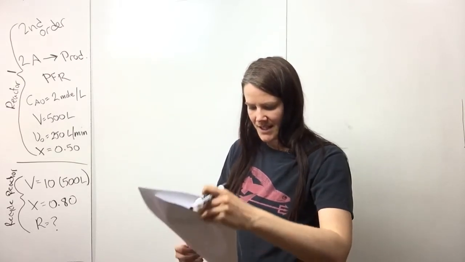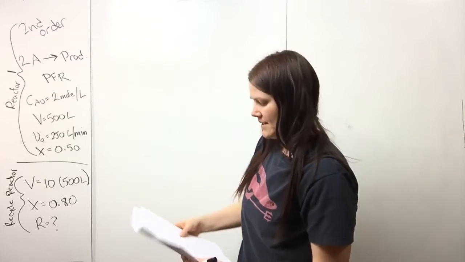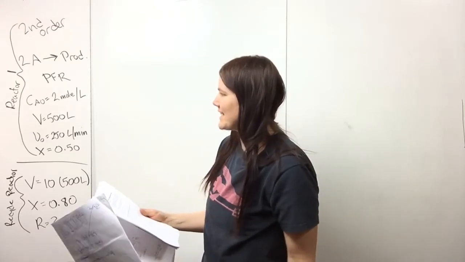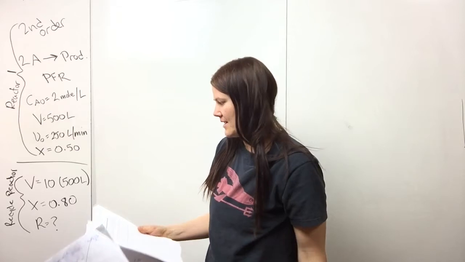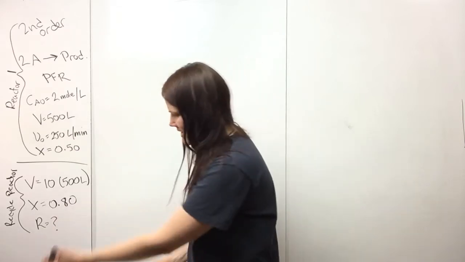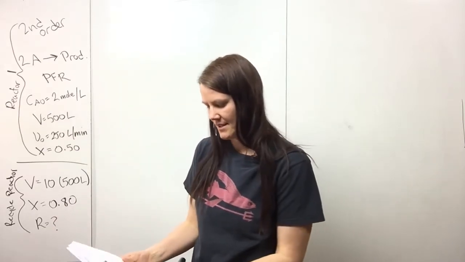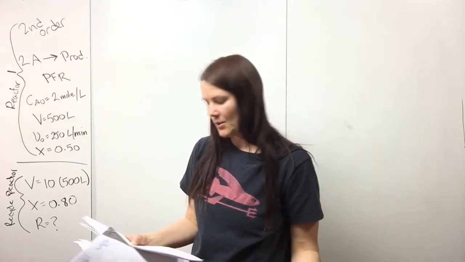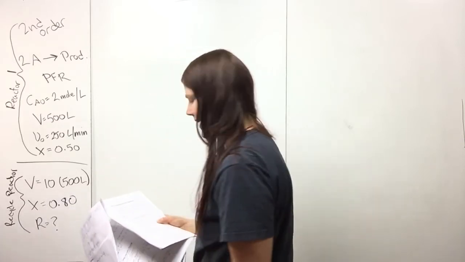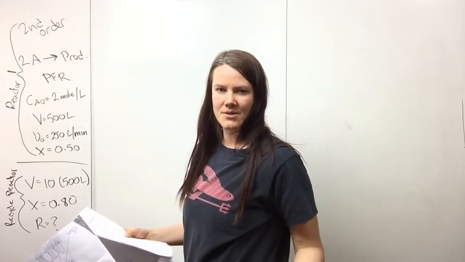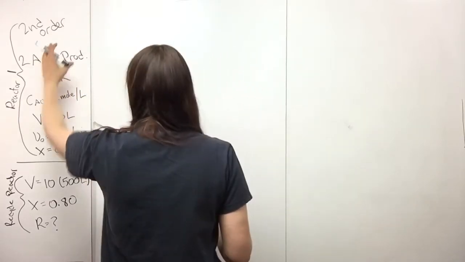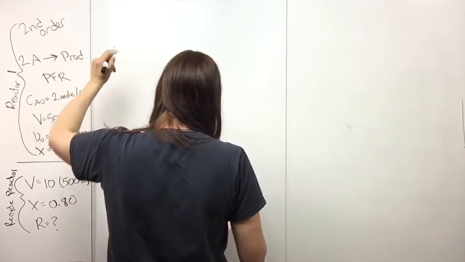But all I'm getting at with this is, if you get something like this on the exam and it says, okay, you have a second order recycle reactor and you want to calculate R, or you want to calculate conversion or volume or something else, then you probably want to go straight to the integrated form of the equation without going through and deriving it. I'm going to derive it in this video, but I'm just showing you on the exam what you probably want to start with. So it says second order recycle reactor, so